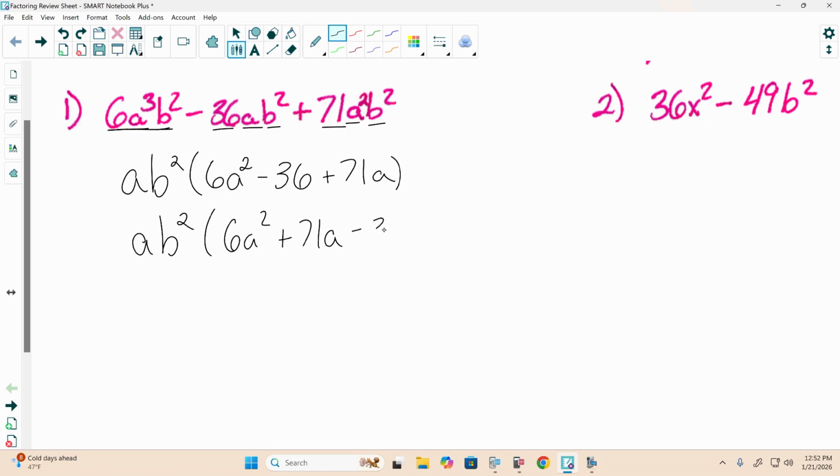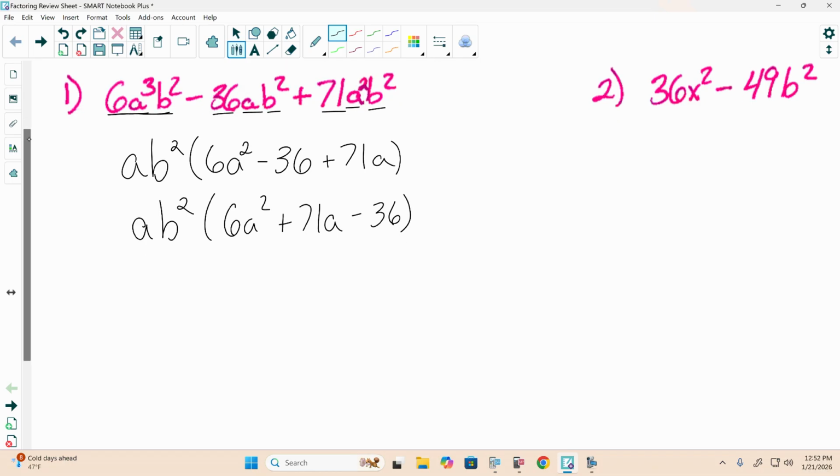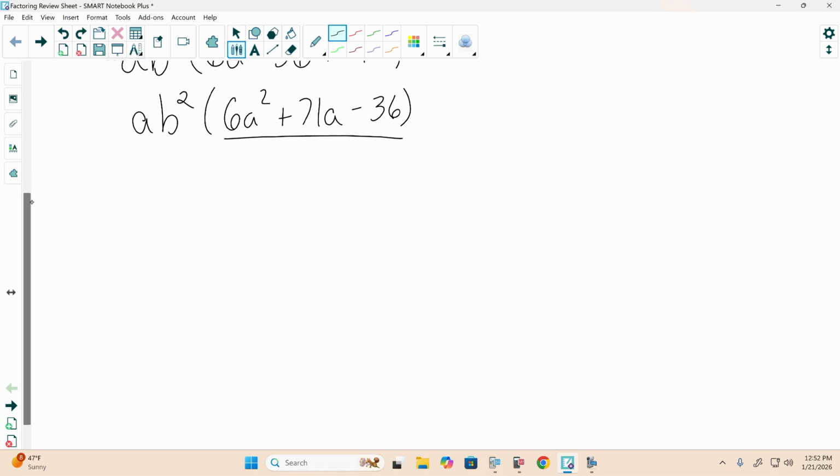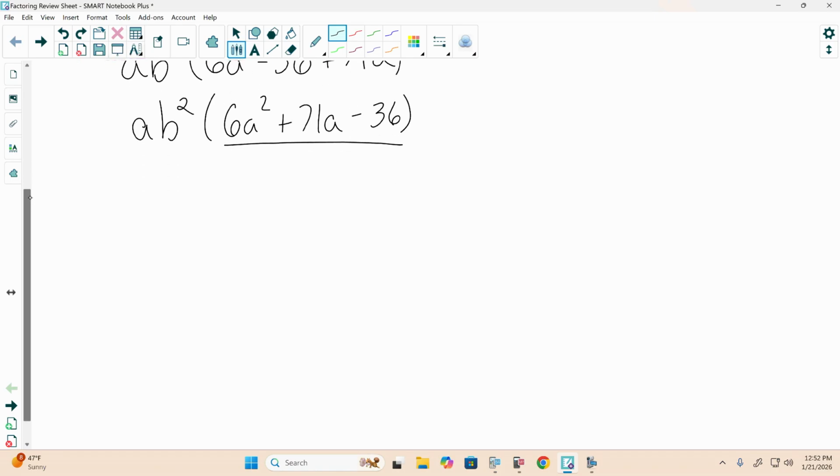Now I'm going to rewrite it so it's in standard form, 6a squared plus 71a minus 36. Now we could try factoring this here and going through the factoring steps, but unfortunately this does not factor. This is actually as simplified as it gets, because we could go through